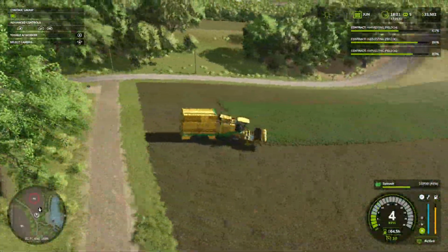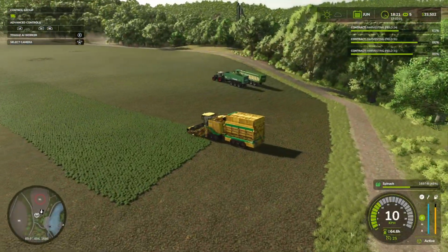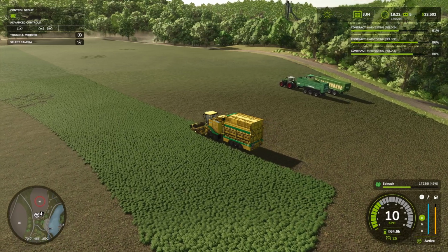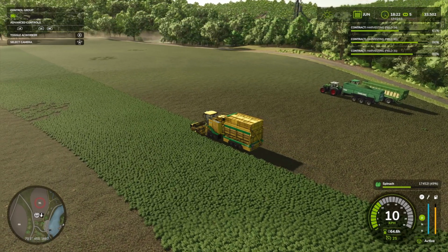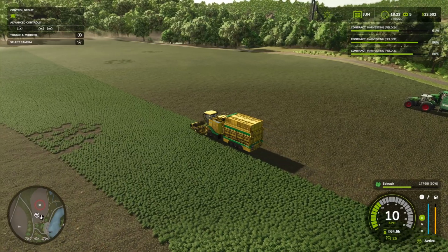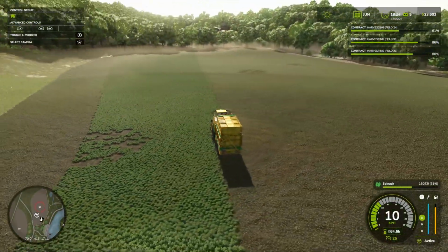So that is starting to get towards the end stages. There's a couple of passes still left there. This is a long way away from the delivery point, so when field 31 finished, I took the tractor and trailer from field 31 and I left it on field 24 to do the deliveries there. It's pretty close to the delivery point, and I brought the 2 big trailers down to field 91 just so